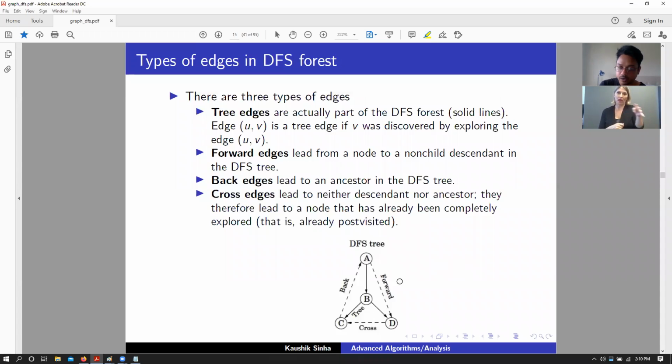If it's a forward edge, then we are guaranteed that this is not a cyclic graph, because the subgraph ABD is not cyclic. A goes to B, B goes to D, but there is no back edge there. A just again goes to D, and there is basically no cycle involved. A cycle is essentially where there is a path from the parent where you can go through other nodes and come back to the parent itself.